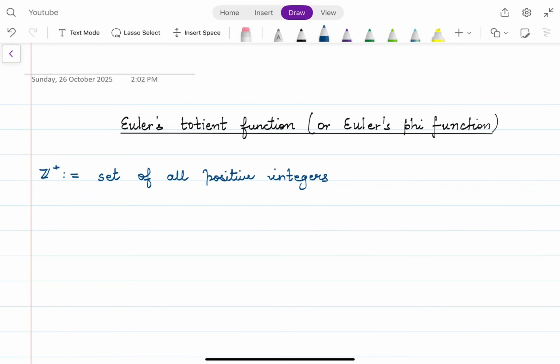Hello everyone. In this video, we will see what is Euler's totient function or Euler's phi function. So Euler's phi function की जो डोमेन होती है वो होती है set of all natural numbers or set of all positive integers. So for us, Z positive will denote the set of all positive integers or set of all natural numbers. So for any positive integer n,